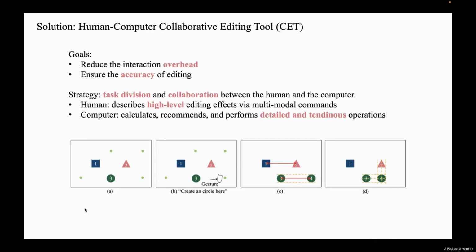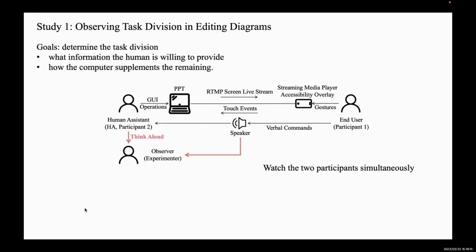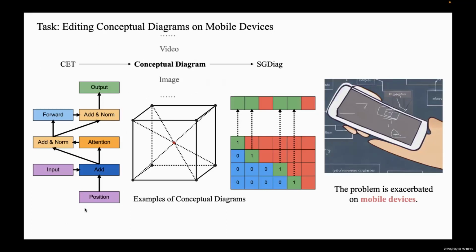its editing effect. In this paper, we focus on the editing of conceptual diagrams, which are important in education, research, and software development. Moreover, mobile devices have become increasingly popular for editing tasks, but compared to desktop devices, mobile devices have fewer functions and more interaction-related problems. Therefore, we narrow the interaction device down to smartphones and focus on the editing problems of conceptual diagrams on mobile